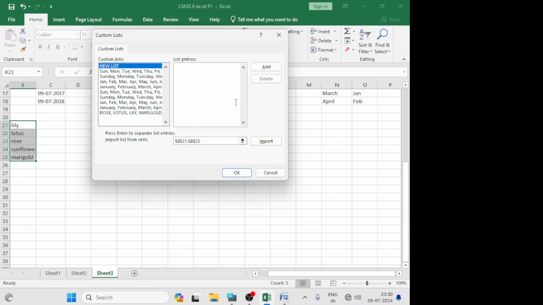Click in this area. Then click on the Import button. The names which you have typed in this range will appear here, and now this has been added here also. You see, as we typed the day names, these are already filled here. Month names are here, in short abbreviation. So like this, we were using the autofill option. Why were they coming? Because they are already filled here. That's why they were coming.